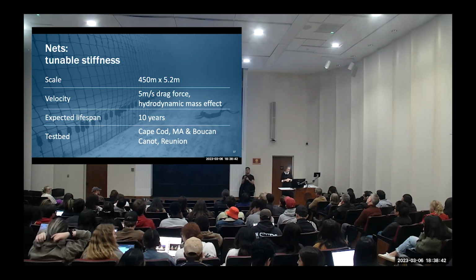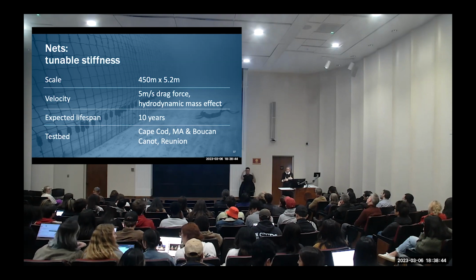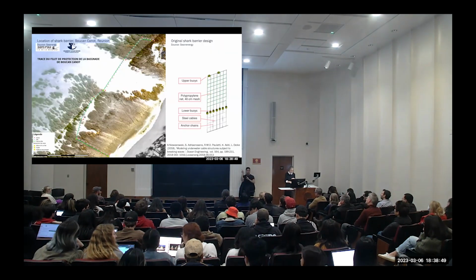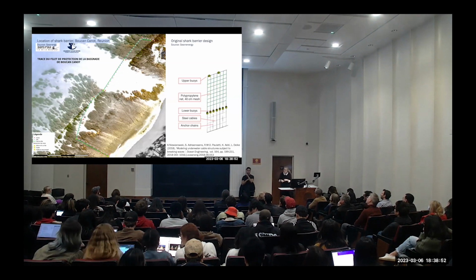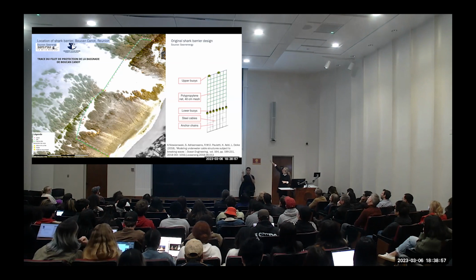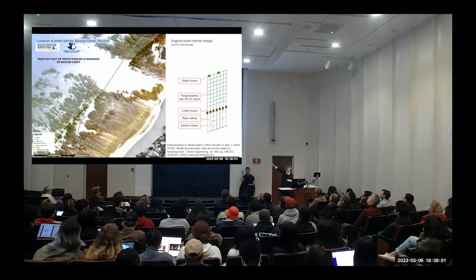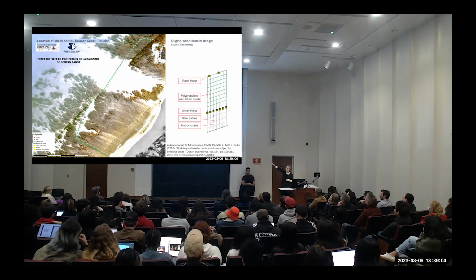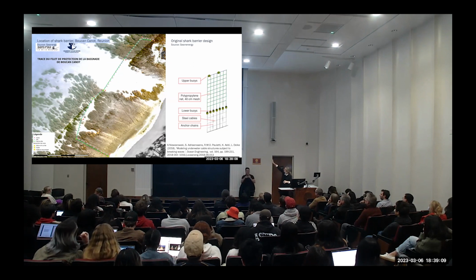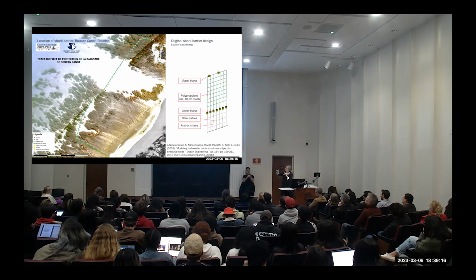So the local government had decided to put up shark nets, and you see the picture in the background of these shark nets. So this is a plan view of where they install the shark nets. This is in Saint Paul, the capital of Réunion. And the green line is the shark net, and on the right-hand side, you see what the shark net will look like. Now, these are all like Home Depot materials, right? You have the anchor chain, you have some buoys, and then you have polypropylene, 40 centimeters. That mesh size was determined so that the turtles can still go through it, but not the sharks.